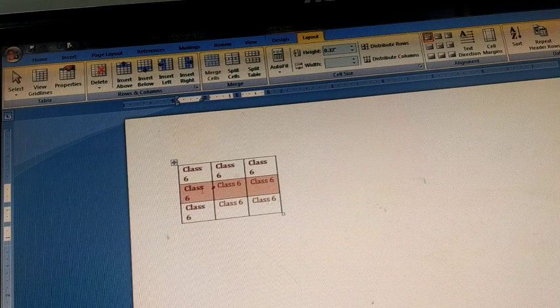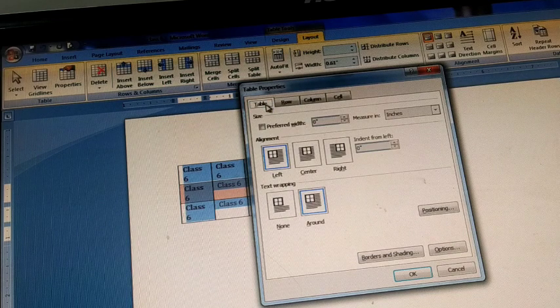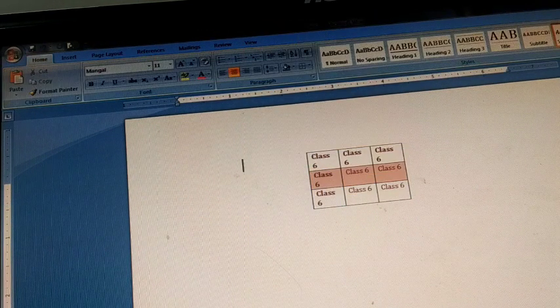Now you can see the table is positioned towards the left hand side. I'll click on the alignment group. If you can see in the layout tab, we have alignment of the text over here. If I go to the properties, I'll have the alignment of the table, that is towards the left, towards the center and towards the right. If I select center and I'll click on OK, the table is shifted to the center of the page.